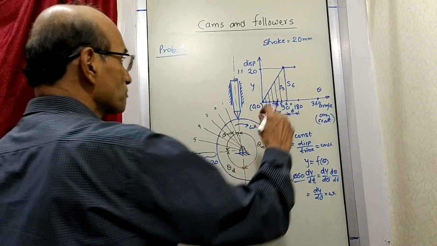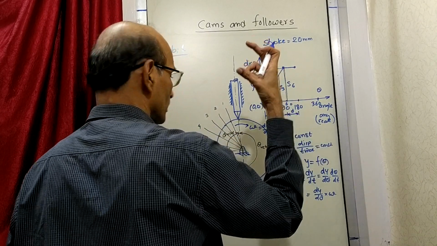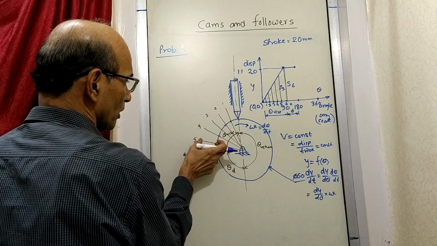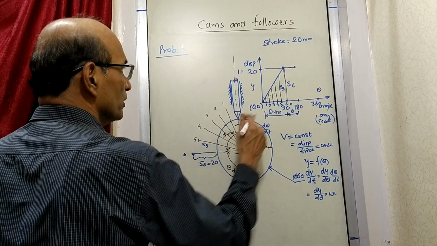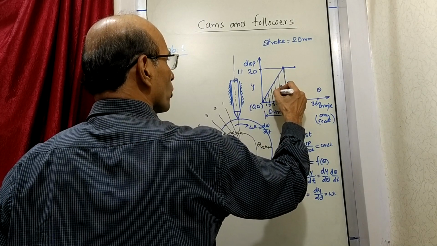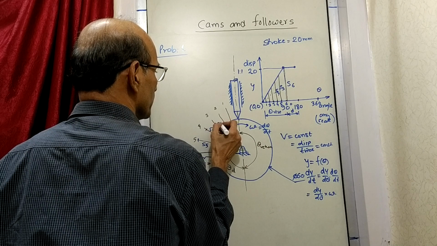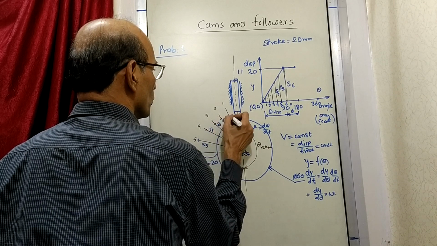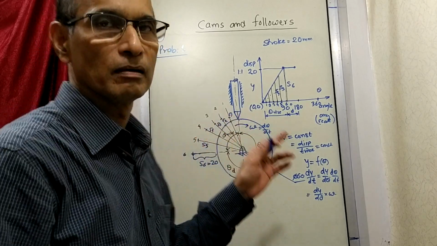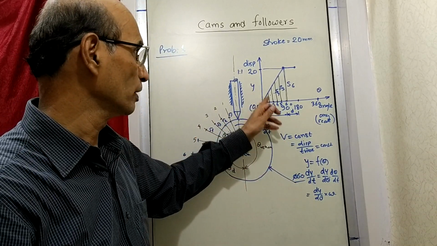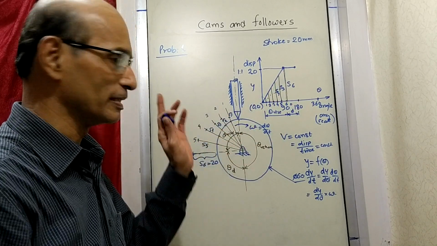Then S5 is this much distance. We don't know how much it is, just take it on the divider and mark it on the line number 5. So this is S5 you have taken. Similarly S4, there is S4 here, so S4 comes here. Then there is S3, then S2, and then here S1. So we have marked different distances S1, S2, S3, S4, S5, S6 on the corresponding lines.